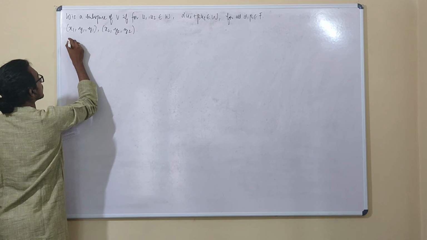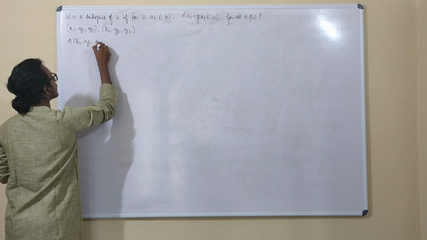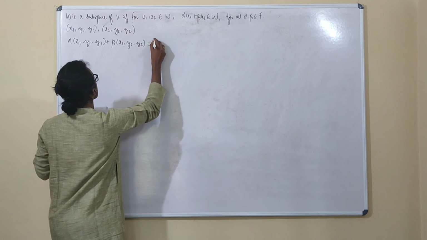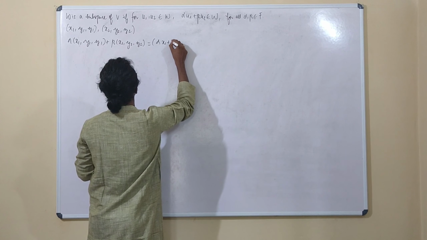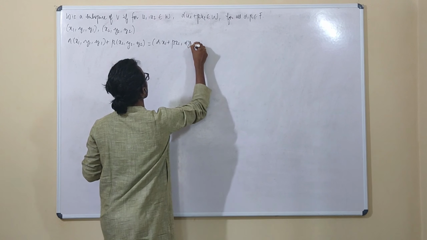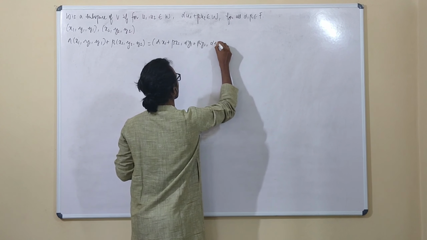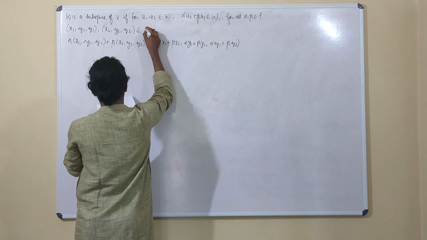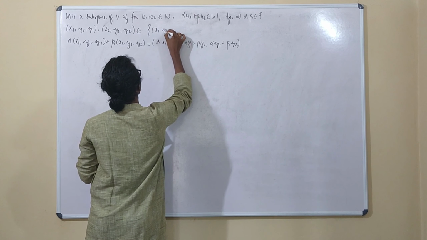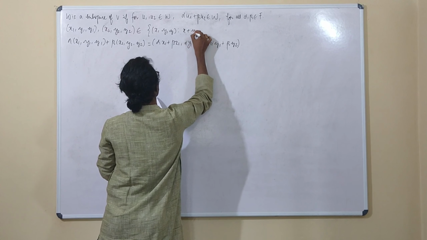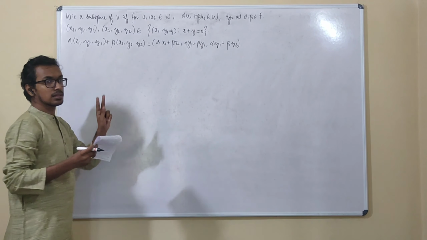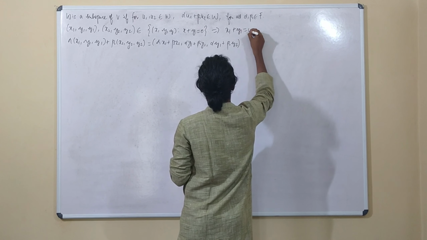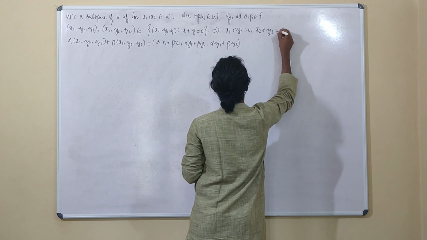In all the four cases, we'll have to examine this value. So this is alpha x1 plus beta x2, alpha y1 plus beta y2, and alpha z1 plus beta z2. If we take this as a member of the collection xyz such that x plus y equals 0, then what happens? That is the first thing. If it is so, then x1 plus y1 is 0. Similarly, x2 plus y2 is also 0.